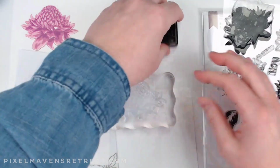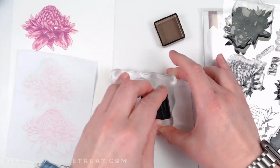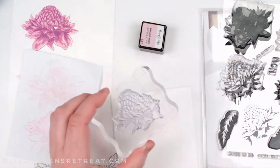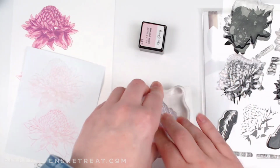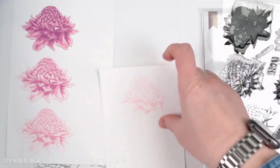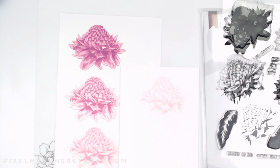All right, and then I will go ahead and add in the last layer, again with the same Rose Quartz, and I'm not going to stamp it off this time. I really would like to get just a little more of a hint of pink in the inside here. And there we go. So now I have an almost completely white torch ginger. All right, so there are 4 different colorways using the same set of inks to create some beautiful torch gingers